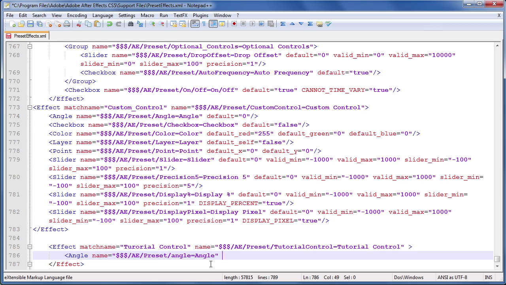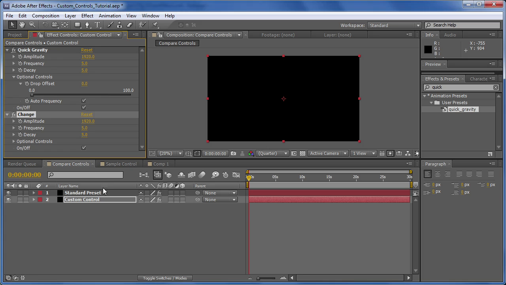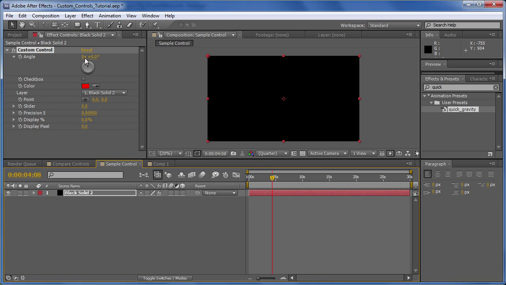And this control has a couple of options, the first being default. So what do you want your default angle to be? Well, you could have it be 0, you could have it be 90, you could have it be whatever you want. If you want it to be something, for instance, something past 360 degrees, like 2 times 119,